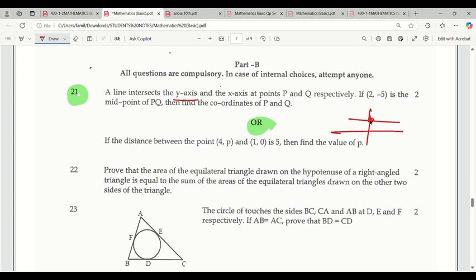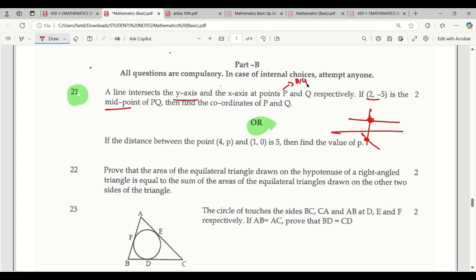A line intersecting the y-axis, like this. Means the point is somehow on the y-axis. Okay, or like this. And the x-axis at p. Okay, so it's the same thing. Just if this 2 comma minus 5 is the midpoint. Okay, see,